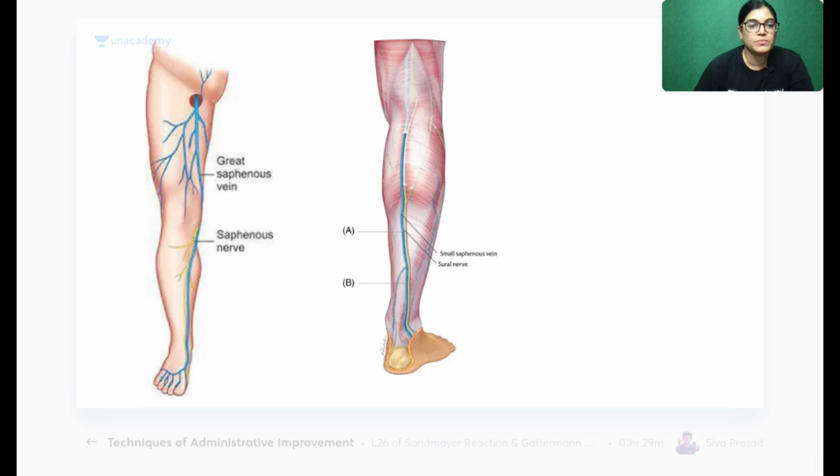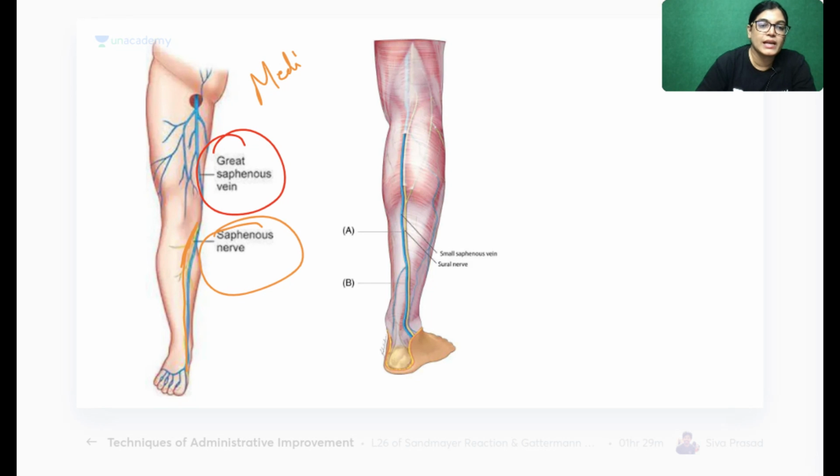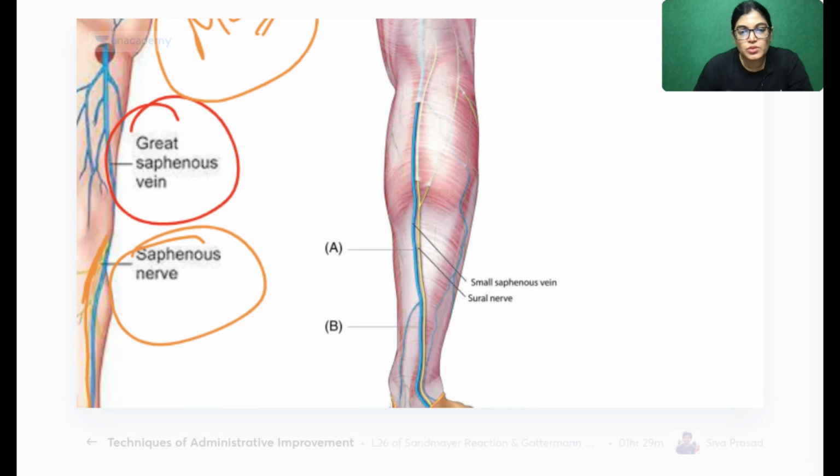Let me show you. This is great saphenous vein, and very close to it, the nerve which is running is the saphenous nerve on the medial side. So this will be the chance of getting injured if great saphenous vein is injured. Let me slightly zoom out. You can see small saphenous vein is running on the lateral side, and it is lying very close to the sural nerve, which has a medial and lateral component